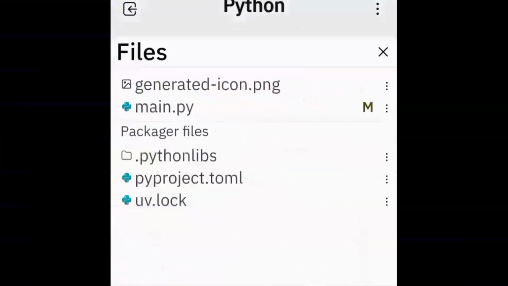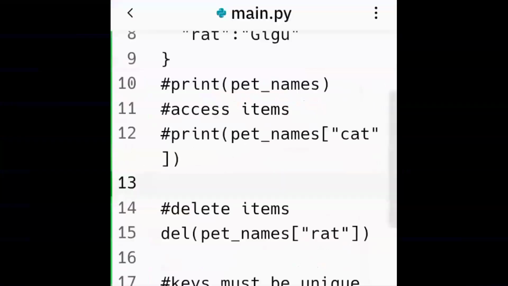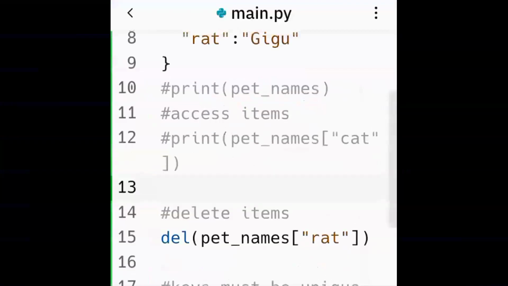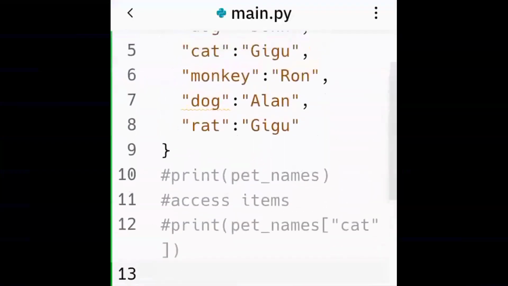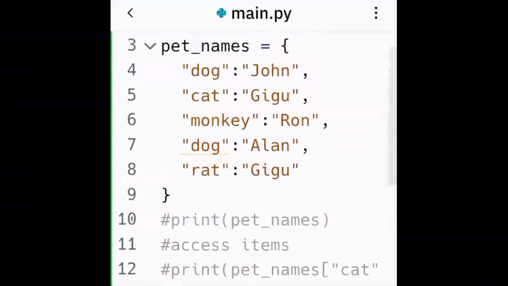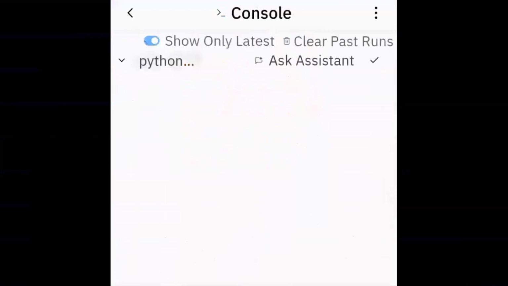So del, pet names, and the specific key that you want to delete, in this case the rat. And then after that, I need to print the pet names. Then I would find in the console that the rat key and its value has been removed from the pet names dictionary.